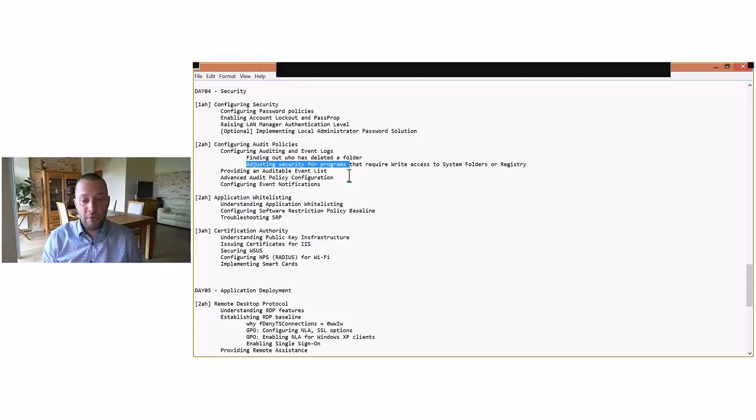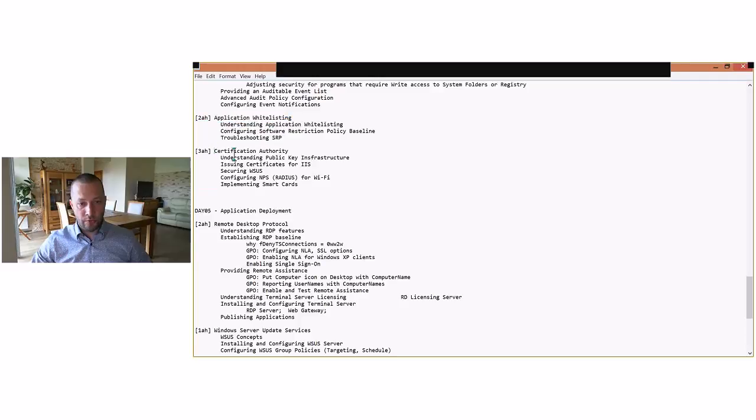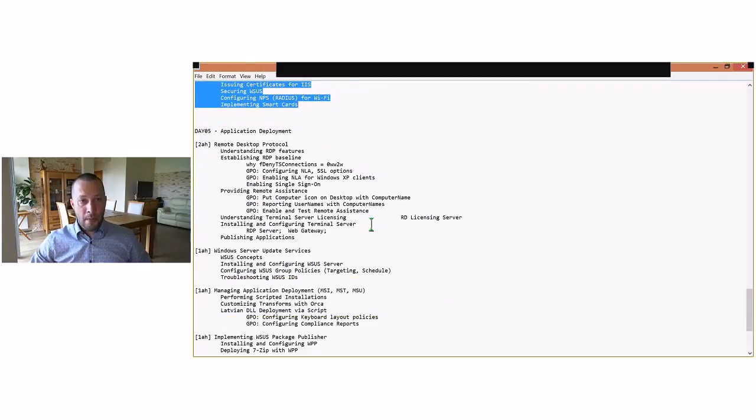And our primary target is to avoid using administrator accounts. Like no user should have any administrator privileges. Even administrators do not have admin privileges like this. So application whitelisting, big question, certification authority, then